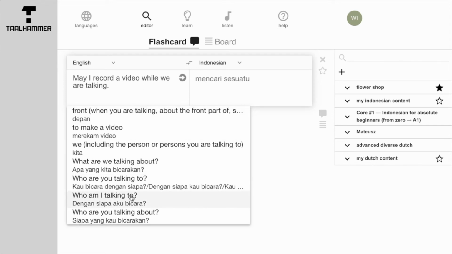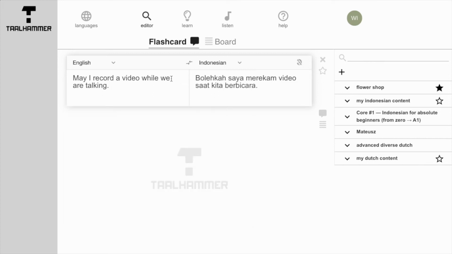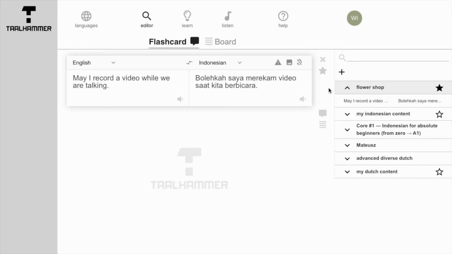showed us some suggestions. We don't see the sentence that I typed here. So for that, I'm going to use the built-in auto translation right here. It's embedded into the application. You don't have to do anything else. Just press this button, and Taalhammer will translate fully automatically from English into Indonesian. Now, if we like it, I'm going to press the save button here, and when I press it, this element is added to my flower shop